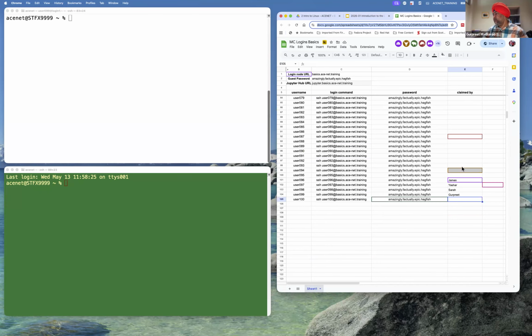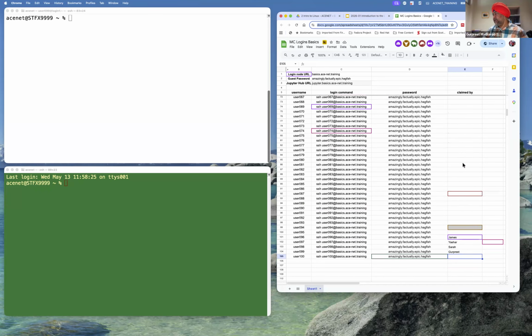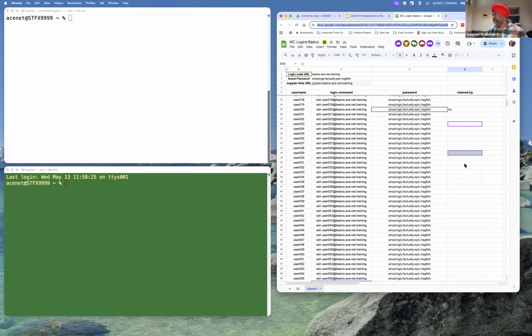You can see right up to 100. So you can pick up any of the vacant spots, and your username will be like this. In case spot number 20 has been claimed by user RJ, RJ, in your case, your username is going to be user020. So RJ will not be your username, but your username will be user020.